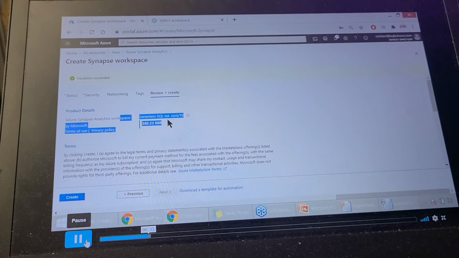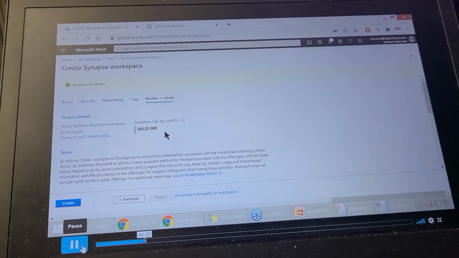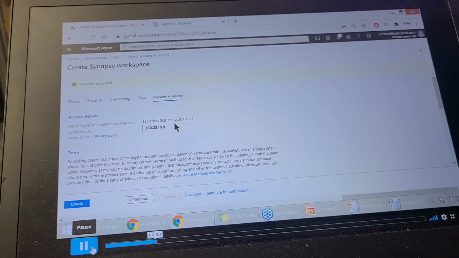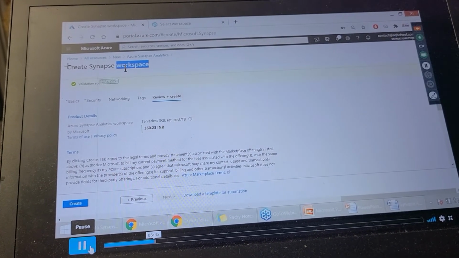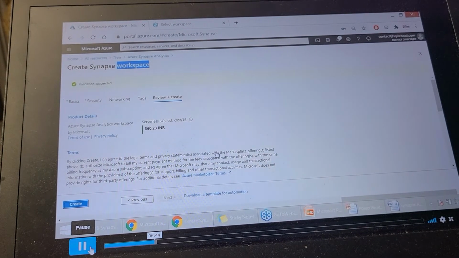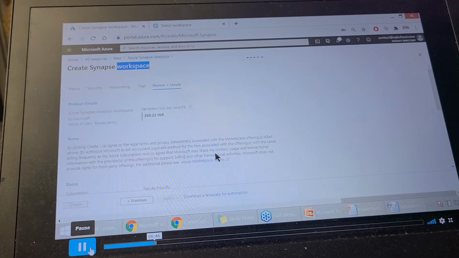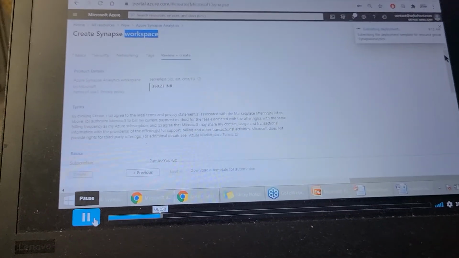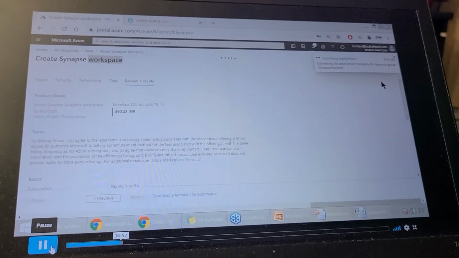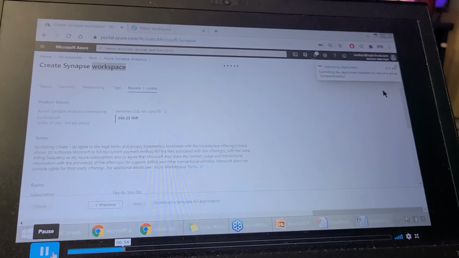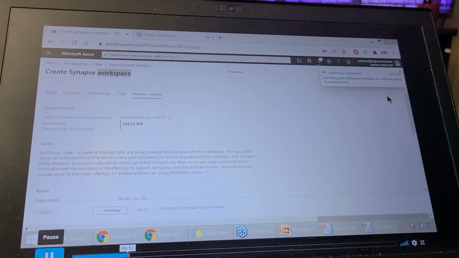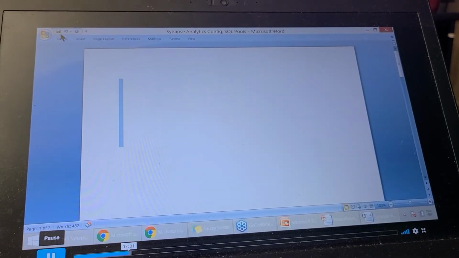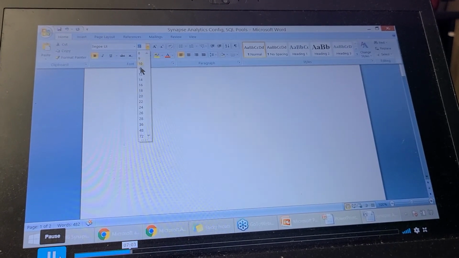So remember, this is not the complete cost, okay? This is only the initial setup cost for the workspace. And now click create. It would take 2 to 3 minutes and your workspace will be created. While it is going on, let's have the